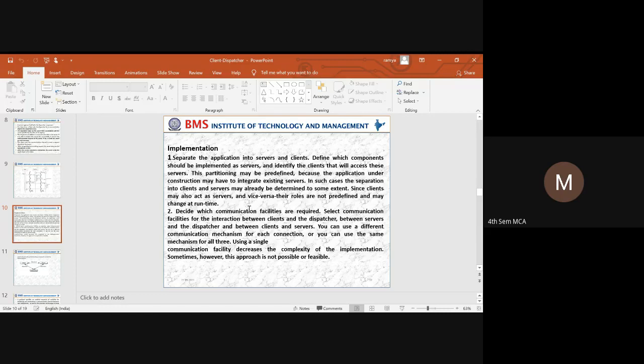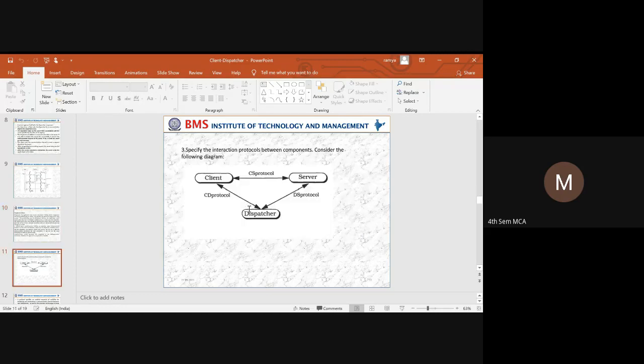So here we have three components: the client, server, and the dispatcher. All three components are connected to each other. For the communication between the client and the server, we name that protocol the CS protocol.